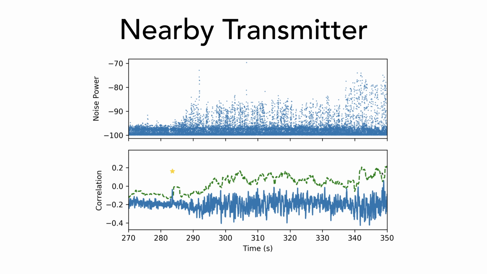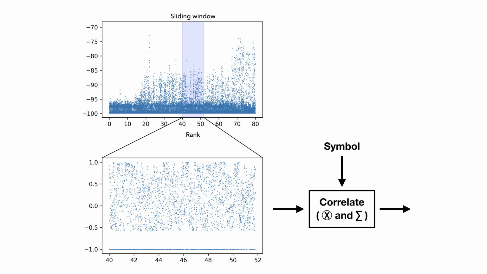So to avoid this, and this is not a completely solvable problem. If there's enough interference, then ONPC won't work. So I'll just say that up front. But there are things we can do to mitigate this issue and try to deal with it. So what we did is we had this approach where we created a sliding window, and we used rank. That's a not very common statistical method called rank that is so simple it's kind of almost confusing.